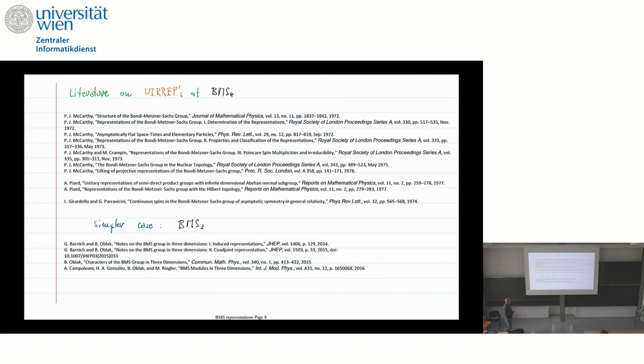So when we tried to learn this, we were trying to apply it to BMS3, also a long time ago now, and it's in some sense simpler because the supertranslations are just a Fourier transform on the line, so it's a bit easier. But what is, of course, a bit more complicated for BMS3 is that the non-abelian part is naturally Diff(S1), and so you have both becoming infinite dimensional. We were also just trying to learn again how induced representations go, what you should do, and how this works.